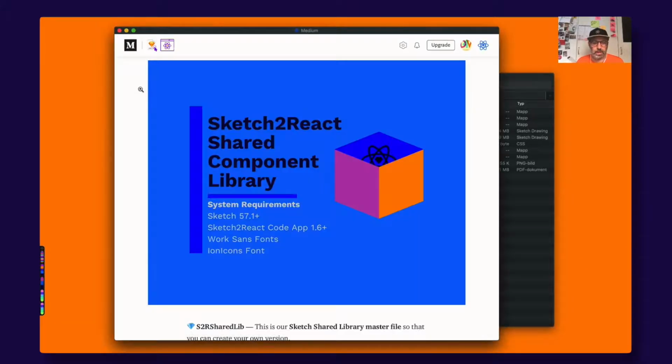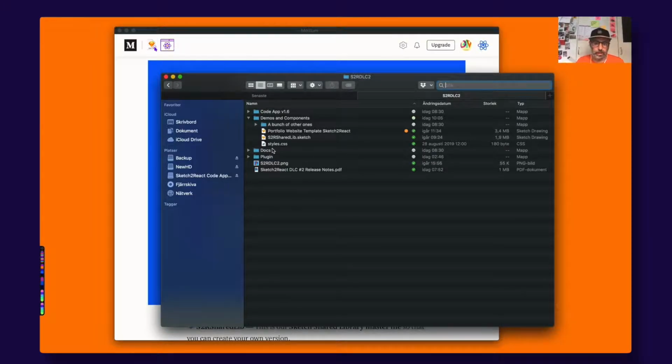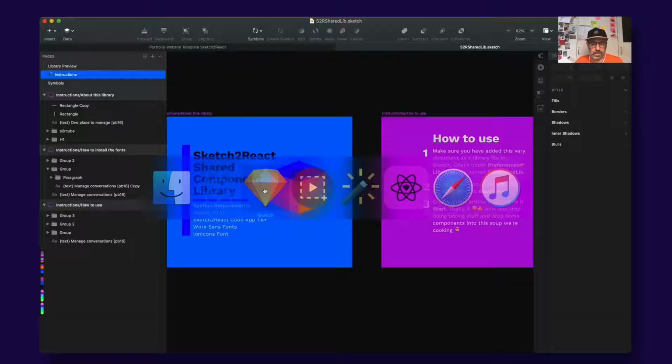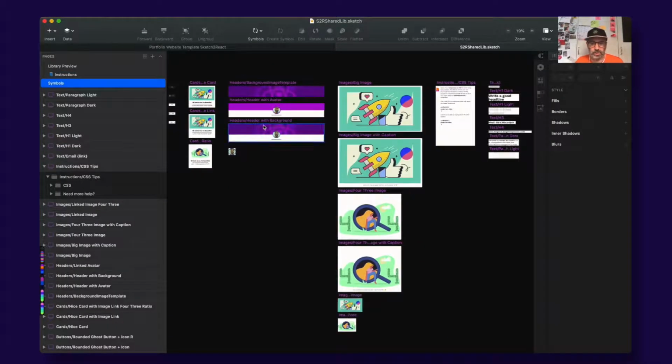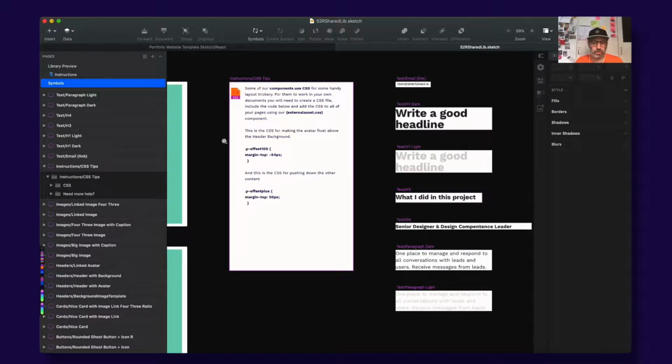Hi again, I'm back. Why am I excited about Sketch shared libraries? You saw my tutorial, the other one. I showed you why. I can now show you what we have in this package here. This is the library file. It's just a Sketch file with a bunch of real code components. We also included some instructions